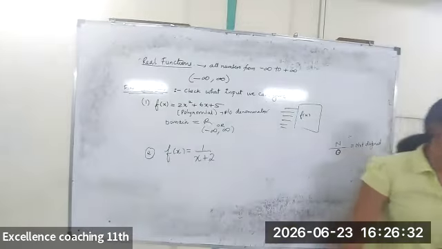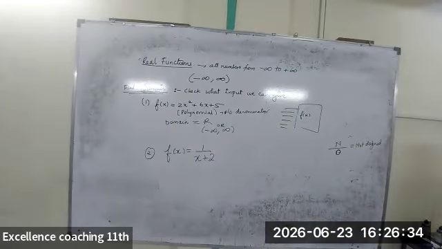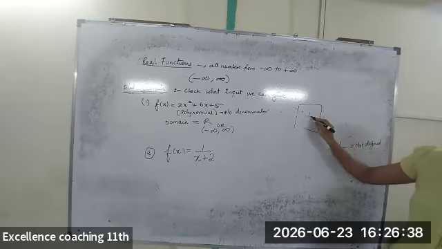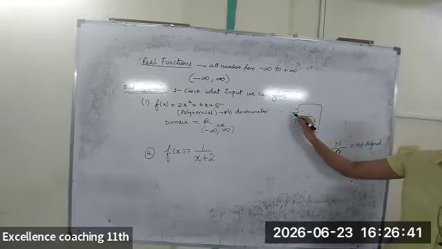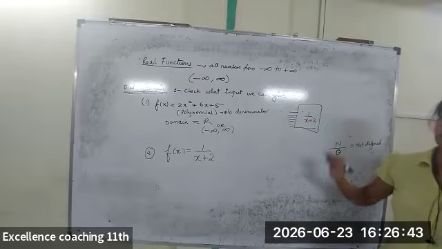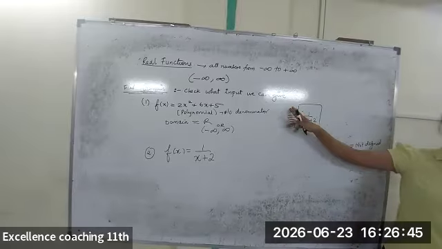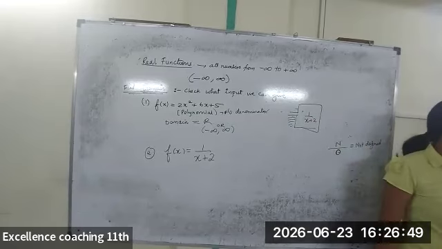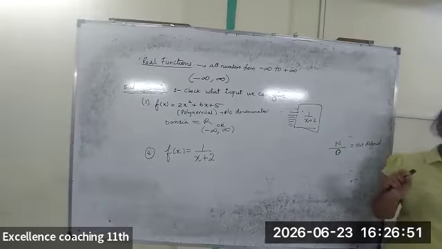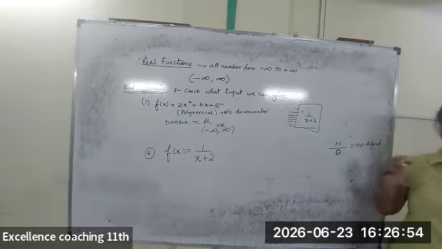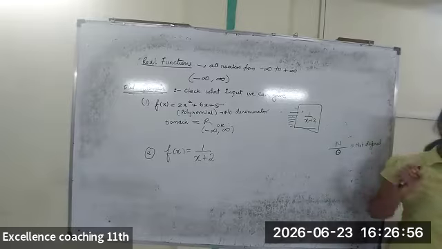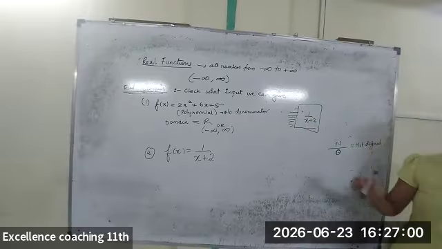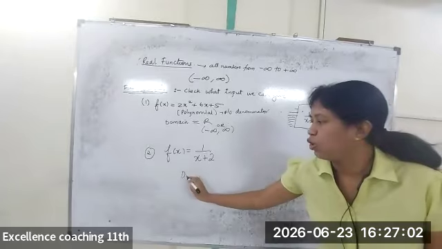Now this is your function, and this is what you have to feed your calculator: 1 upon x plus 2. I will start giving some values. If you put 2, it will calculate 1 upon 2 plus 2 and give the answer 1 by 4. But which number is not defined, where the denominator will become 0? Which value of x if I put? Minus 2. So your domain